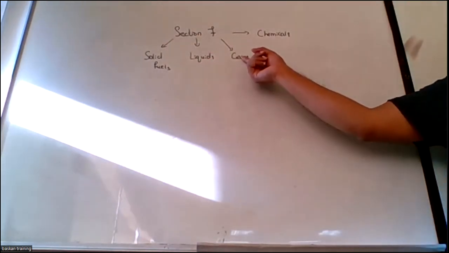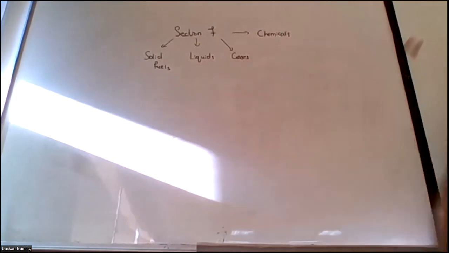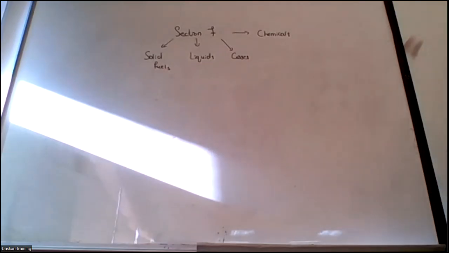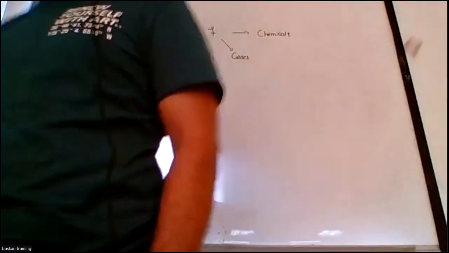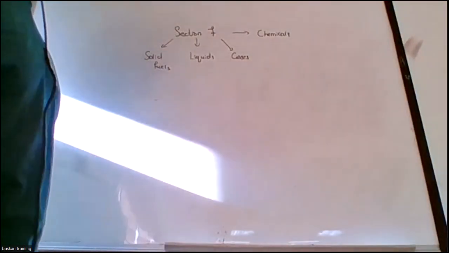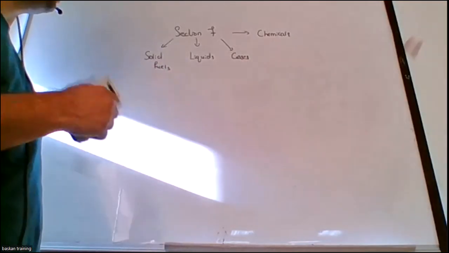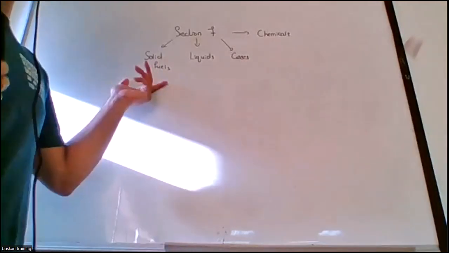Hazards associated with gases, you will come to section 7. Any type of chemicals, if they're asking for any information, for example nitrates, nitrites, or sulfates, you have to directly come to section 7. All the information will be available here. So let's start from the solid fuels, the first chapter, section 7, chapter 1, that is storage and handling of solid fuels.